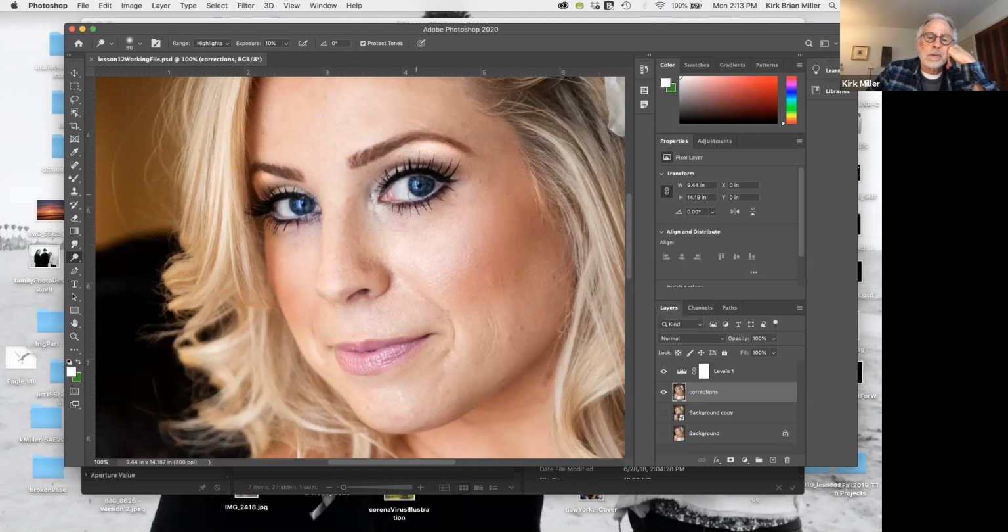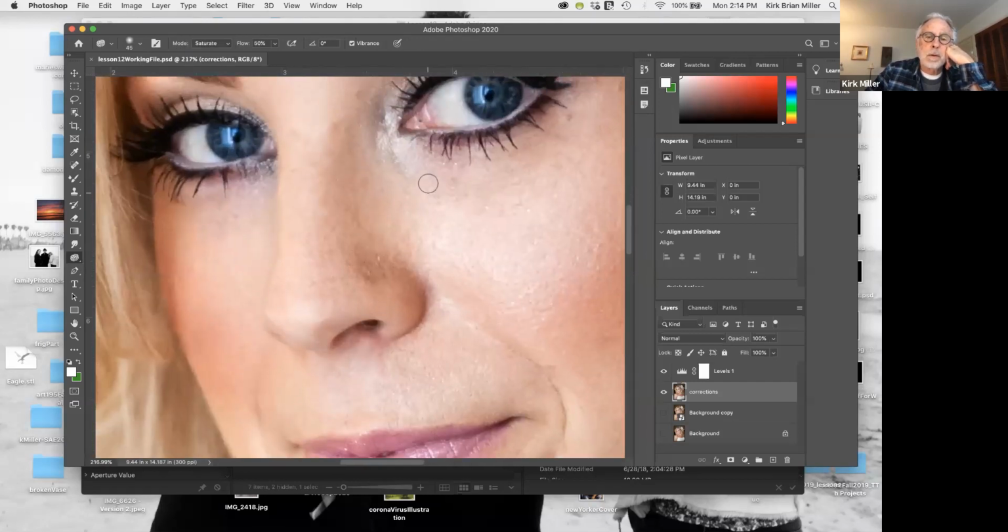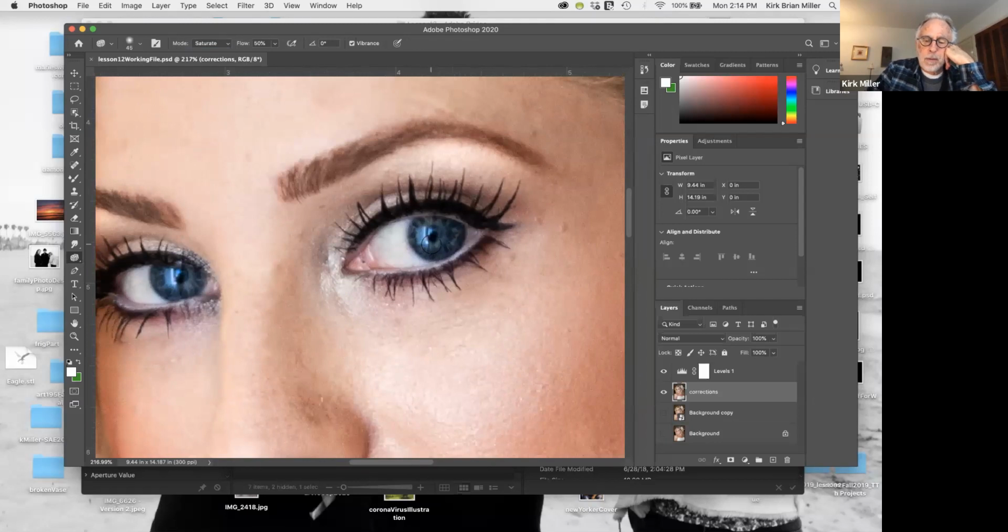The other thing that they want us to do is to saturate her eyes a little bit more so it brings out more of the blue in the iris. And then in the sclera, I believe that's the sclera, the white area, we wanted to desaturate that a little bit so that it gets a little bit whiter. So in that particular instance now, we would use the sponge tool, okay? And you'll notice at the very top again, under the settings for the sponge tool, we can desaturate or saturate. So if I zoom in here a little bit, and we look at her eye, I'm gonna make the brush a little bit bigger,